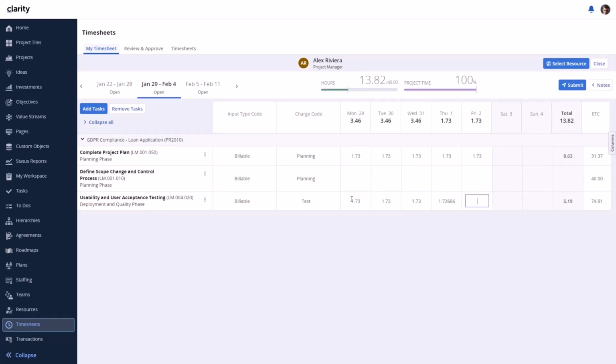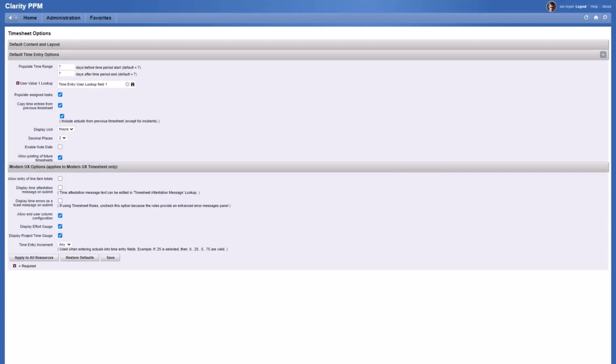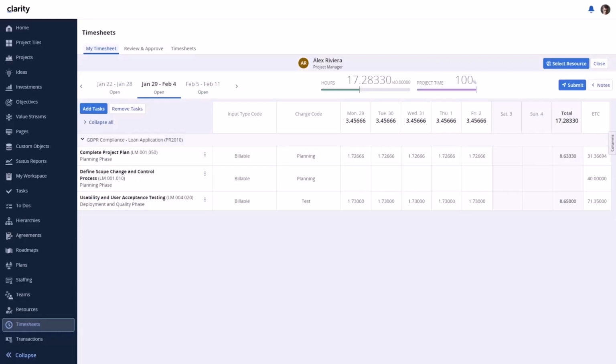Just to confirm the new behavior, I'll go back to the administration page and change the decimal settings to 5 to show you the difference for the values we just entered or updated. As you can see, the values have been rounded and saved for 2 decimal places. Now that you understand the new enhancement will round the entered values and save them based on settings, let's look